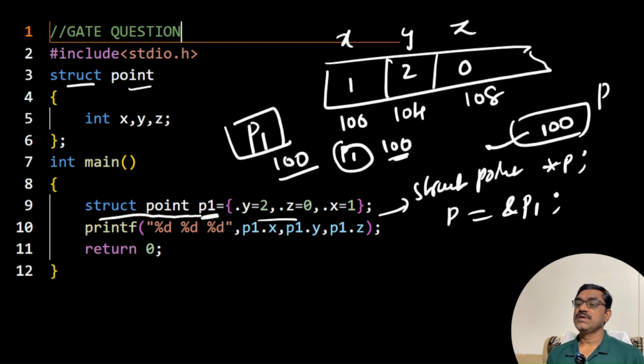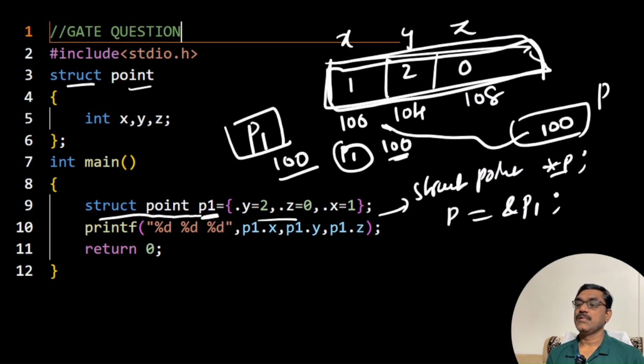100. So here it is pointing to this. The meaning of this *P and here P1 is different. P1 itself represents an address, meaning it represents the base address of this. Okay, base address. Now, when we say printf %d and p1.x, what is the p1.x